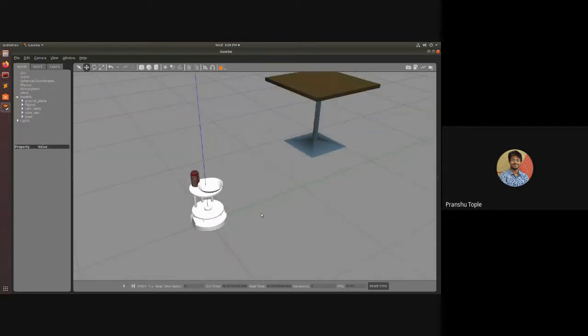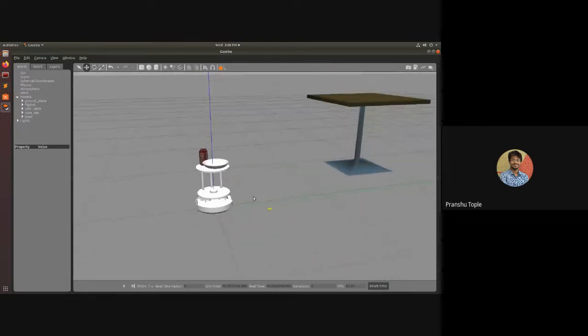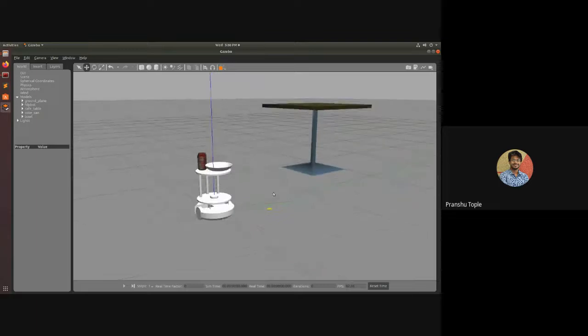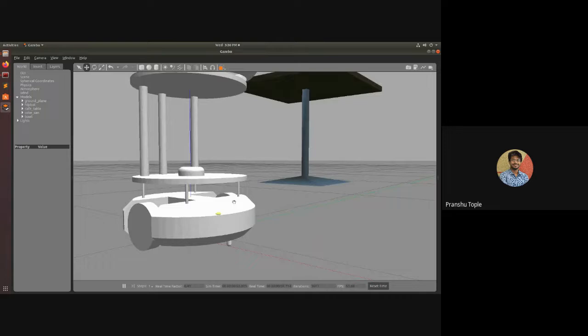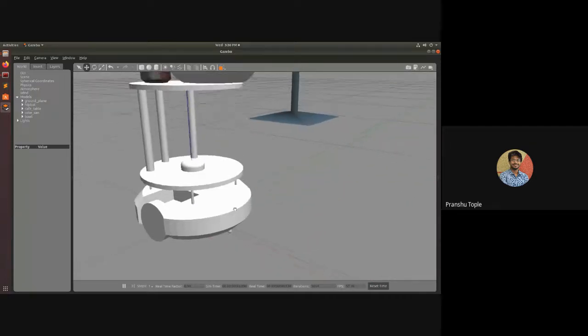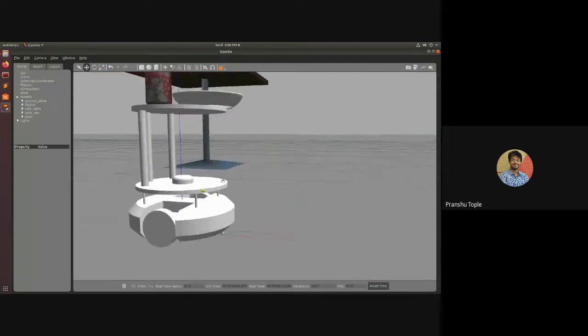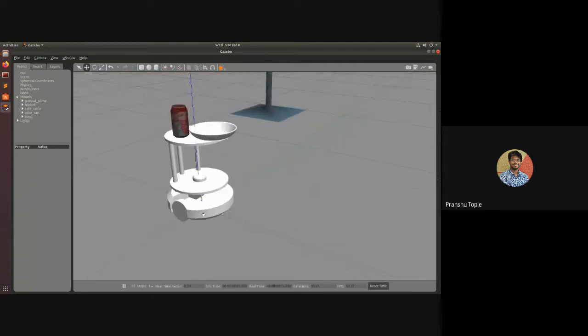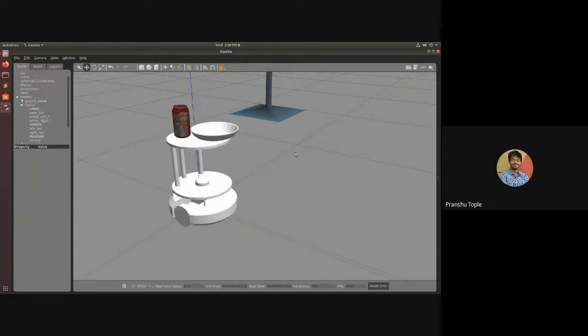So this is how you make the URDF of your robot and you can use it in Gazebo. But there is a lot more to it, because if I play this simulation right now, everything is proper, but there is no control system of the robot. The robot doesn't look like what we designed. There are no colors; it is completely white. I want colors on the robot. Then how can I control it? All these things are not yet added into this. So let's add these properties.